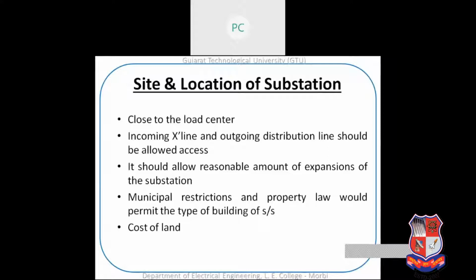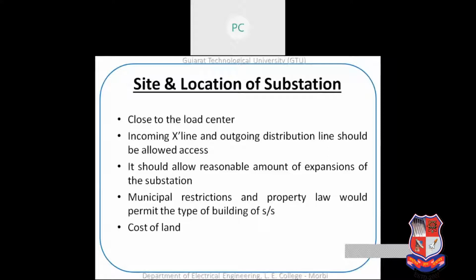Now suppose we have a substation which is delivering power to a specific amount of load. After 5 years there is a huge possibility that the load will increase. So what will we do if we are not considering this parameter? We will be running out of the land, the entire land that we required for the substation. So whenever we are placing the substation, it is very important for us to consider future expansions, right? That is very important.